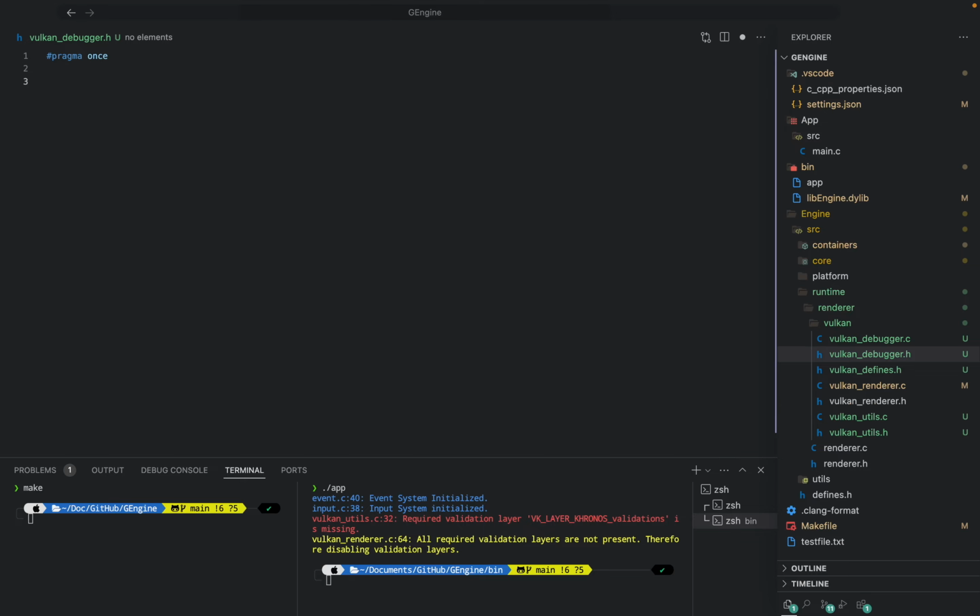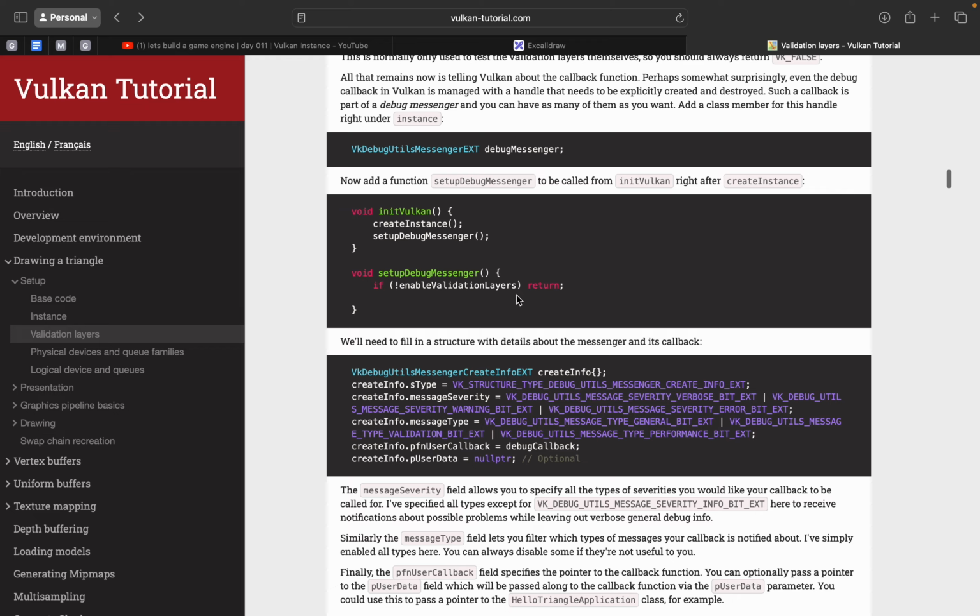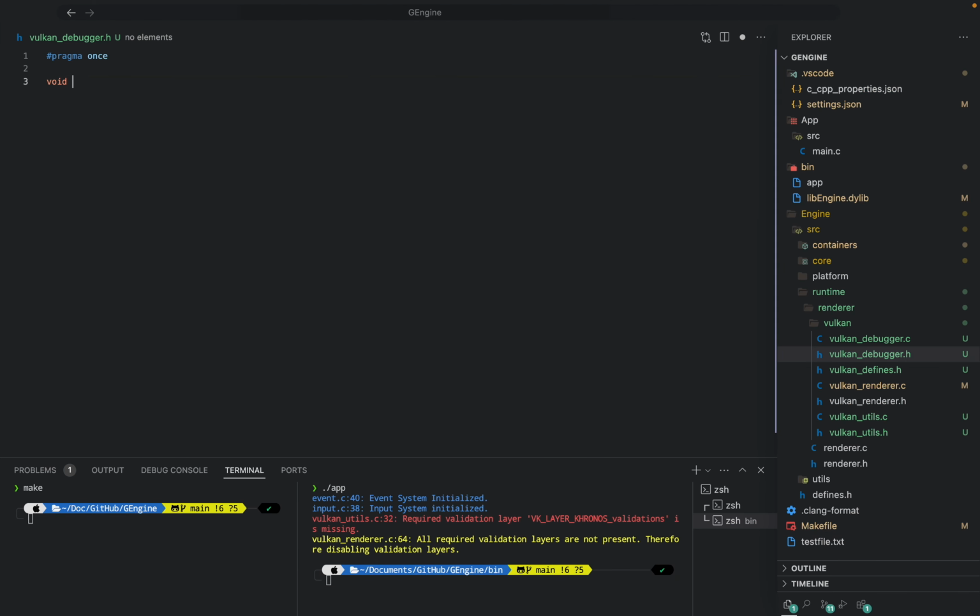So what we're going to do is we're going to abstract all of this, okay? So yes, we're going to have this function setup debugger, but ours is going to be called different. So you're going to call this Vulkan debugger